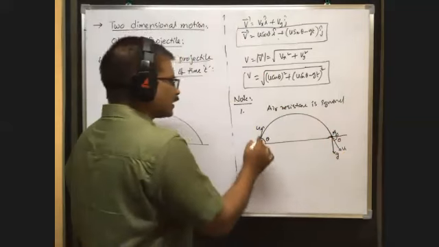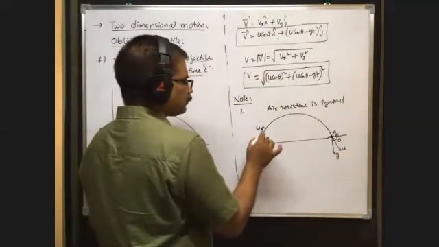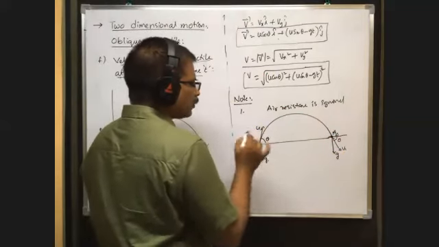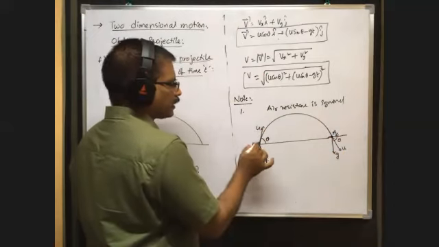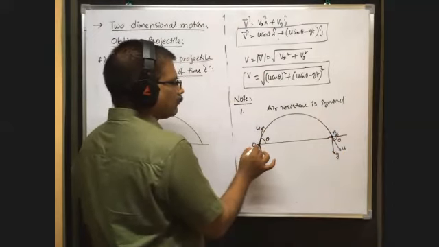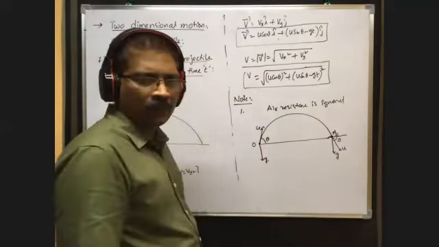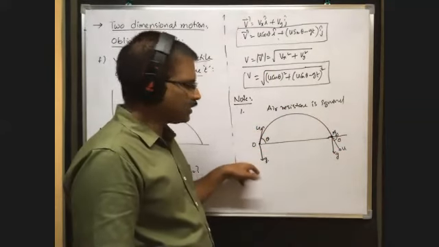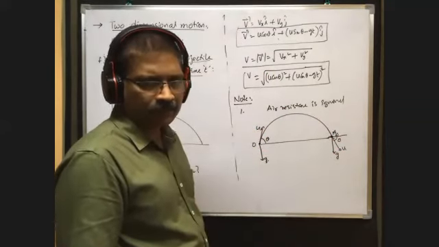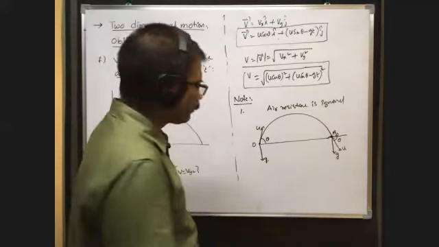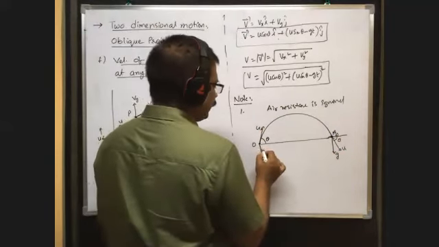Now, in this case, what is the angle between velocity and acceleration? In case of oblique projectile, at the point of projection, what is the angle between velocity and acceleration? Velocity is here, acceleration is here. So what is the angle between them? 90 plus theta. Okay, this is 90 plus theta.